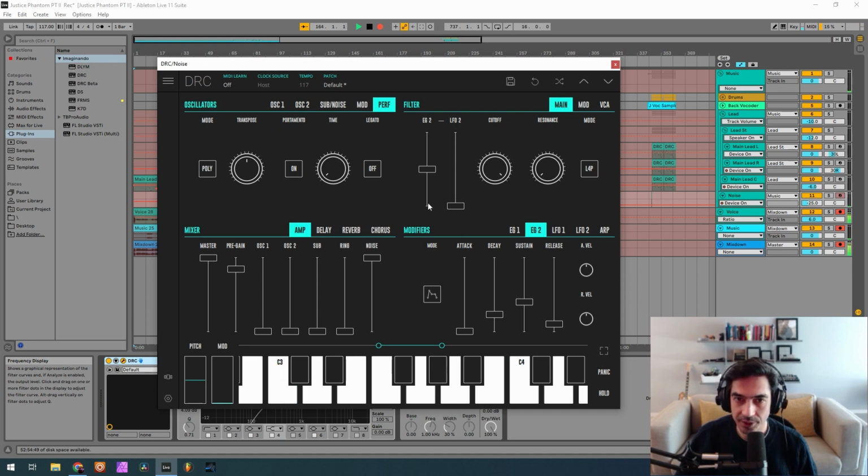And now envelope generator 2 amount at 0. Let's change the filter from a low pass 4-pole to a high pass 2-pole. And now drop the cutoff to 420. And the resonance to 248.